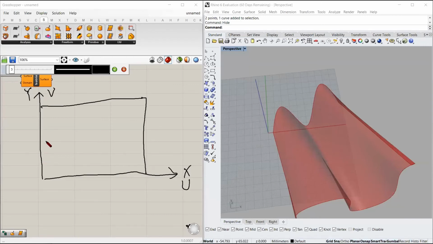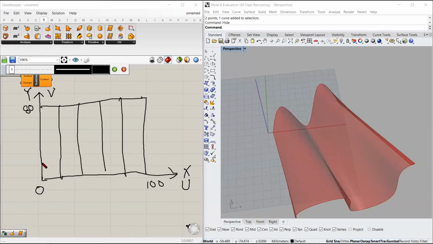For example, let the domain of this surface be 0 to 100 in the u direction, and 0 to 80 in the v direction. And now I want to trim this surface into 5 components in the u direction, something like this: 1, 2, 3, 4, 5, and 4 components in the v direction.